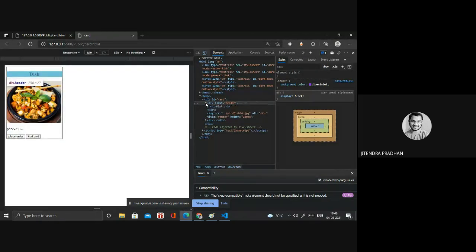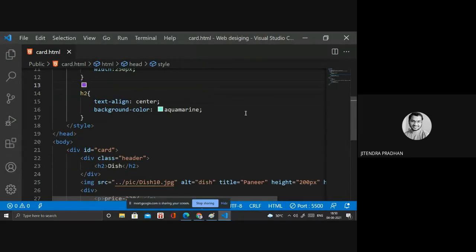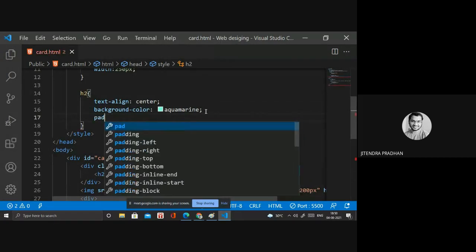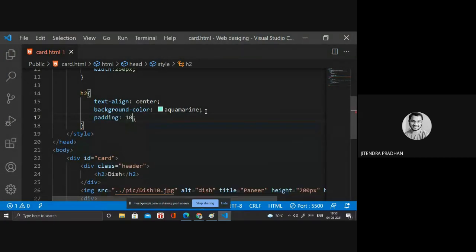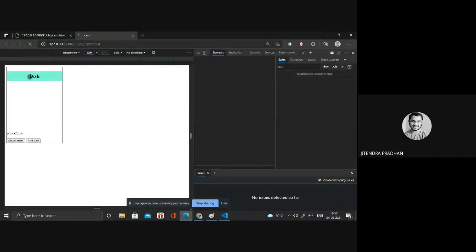The div will completely depend upon that H2. This is the content, this is the padding, and all these things. By using the padding, we can do that. Wait, I will show you that. Padding, it's 10 pixel, whatever you need. Okay, done.